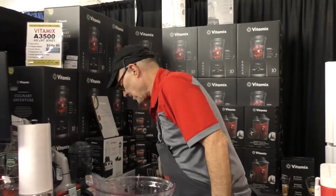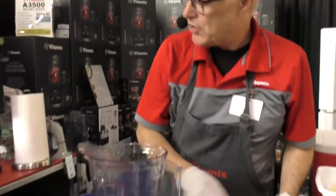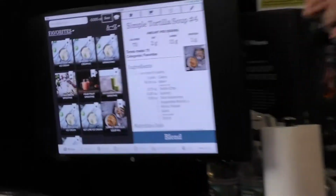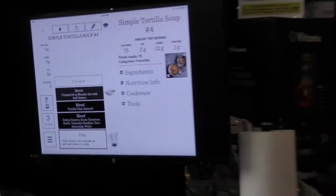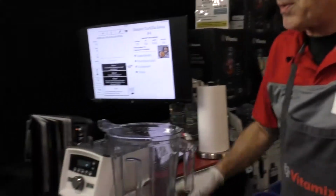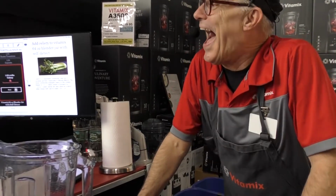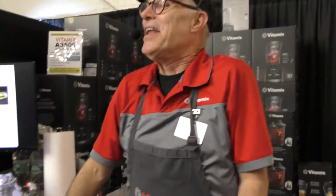So, I'm going to do the soup. I've got to get... Yeah, that'll heat it up. Oh, yeah. So we're going to put this on the container. I know it is a slightly used one. So now... You're thinking, right? So, now...